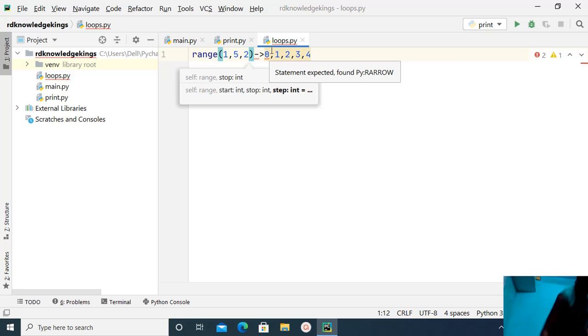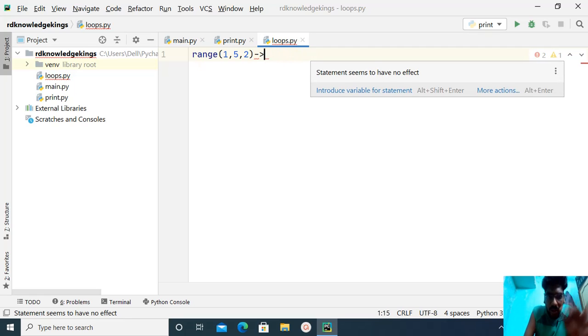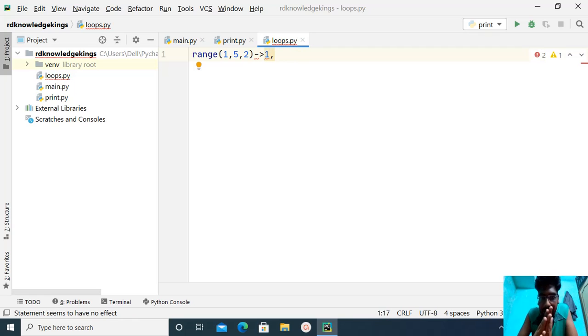Okay, fine. In this statement, we have range of 1 comma 5 comma 2. Here 1 is the starting point, 5 is the ending point, and 2 is the number of places it's going to skip. So the output of this statement is 1, and after 2 places the next number is printed. It's like a step, it skips values. So 1 and 3 will be printed on the screen, and 5 won't be printed because the last value is 5 and it should be printed only up to n minus 1. 4 is not possible, so it will stop at 3. These are the values displayed for range of 1 comma 5 comma 2.